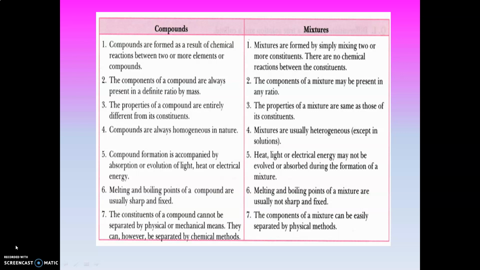Then components of compounds can be separated by chemical process only, but mixtures can be separated by physical methods also. Okay, compounds have a definite set of property, whereas mixtures do not have specific set of property. In your book on page number 36, there is clearly mentioned difference between compound and mixture. Learn it thoroughly, and below that is a combination or example of mixtures and their types given. That's also very important. You need to learn them by heart.